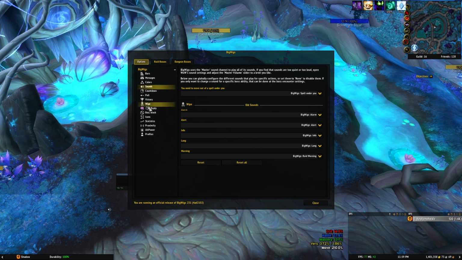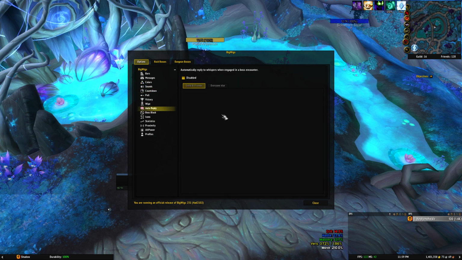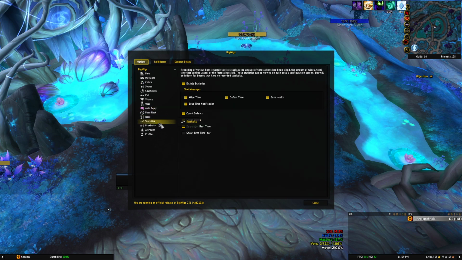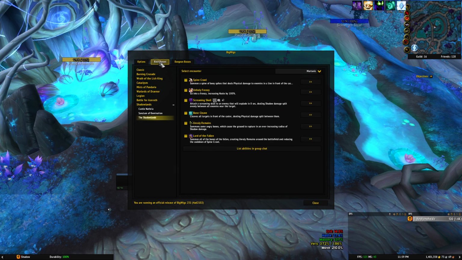You can change spells. You can auto reply to people. I have this disabled, but you can have it reply to people when you're in a boss encounter. Stuff like that. You've got statistics and things, right? So you've got all these options you can change. I leave pretty much everything in here. In fact, I don't think I've ever touched anything in this section, but I have changed things in this raid